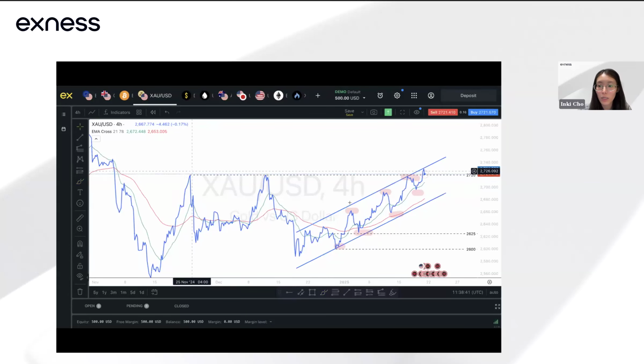But at least on the 4 hours, that's not what we're seeing at the moment. You can see this is still in a bullish structure. There is no break of this low. So I wouldn't go as far as to anticipate that move before price action shows itself here. So this is the high that we have.